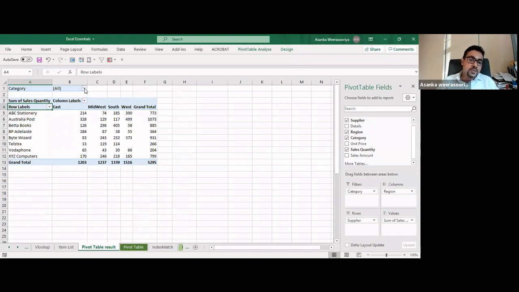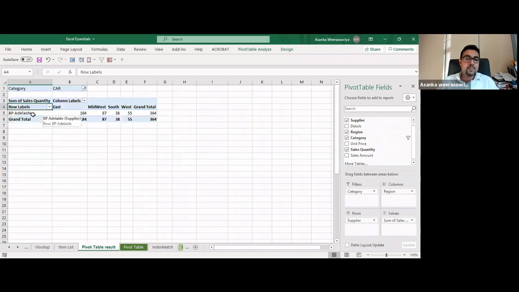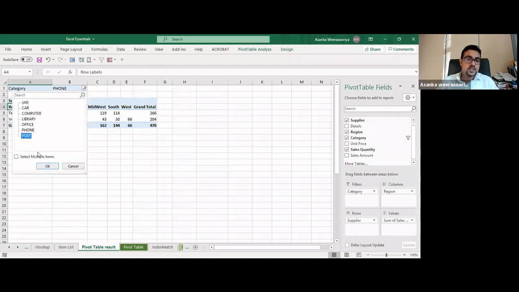But when you click on this drop-down arrow, these are the available categories: car, computer, library, office, phone, post. Now when I select car and OK, see what happened. Actually, this car is provided by only this supplier for this region. Now it's filtered. It applies the criteria and shows results only for the car category. So if I select phone, these are the phone suppliers. So if I select post,